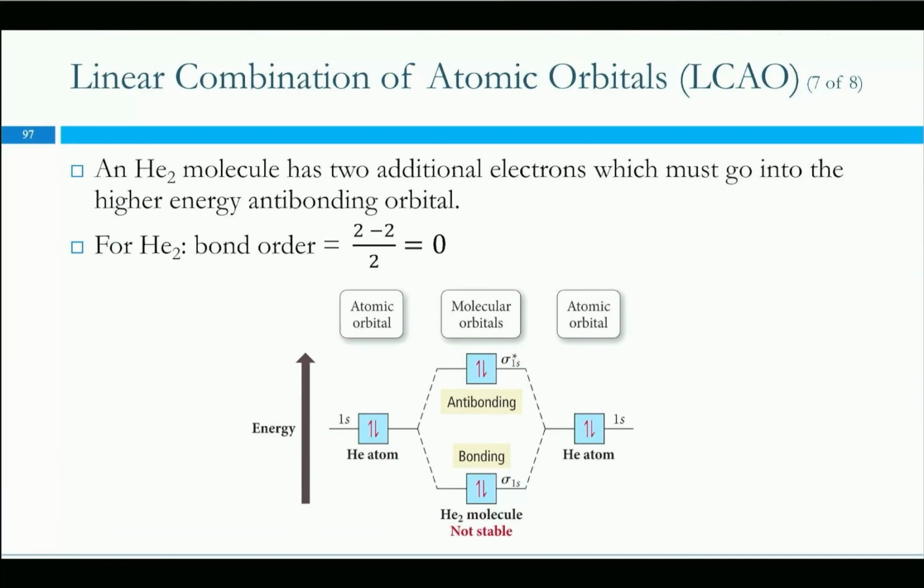So helium by itself, its 1s orbital energy is about here. It can go down to here by putting electrons into this bonding orbital, decreasing energy. The antibonding orbital is an equidistant higher energy than the bonding orbital. So basically, it gets a benefit here, but then if this is full, the average is just in the middle. It's like the average of these two